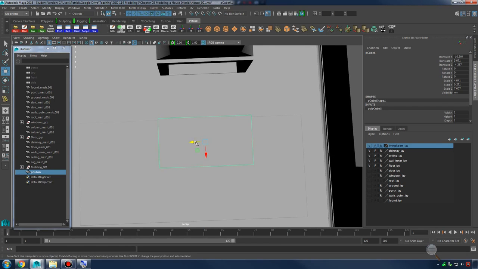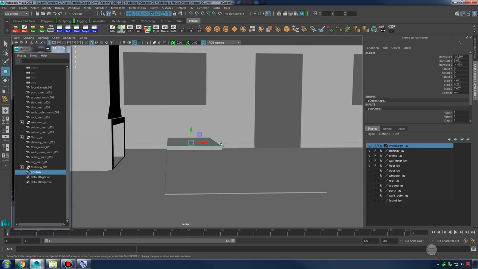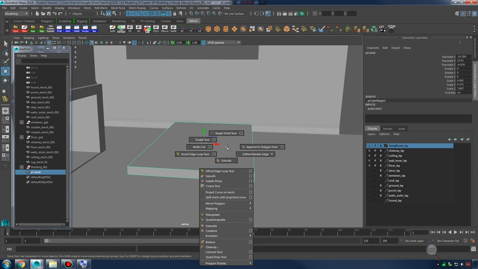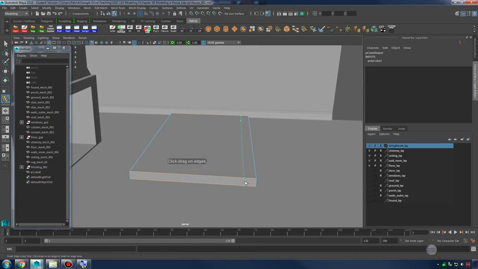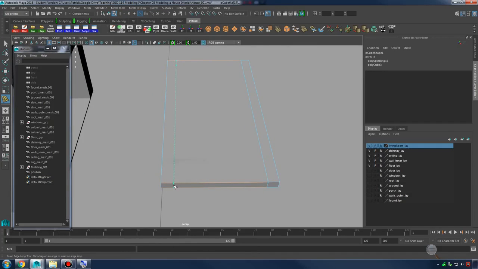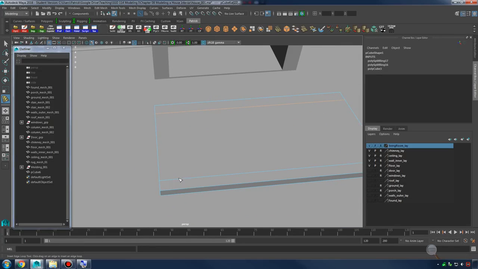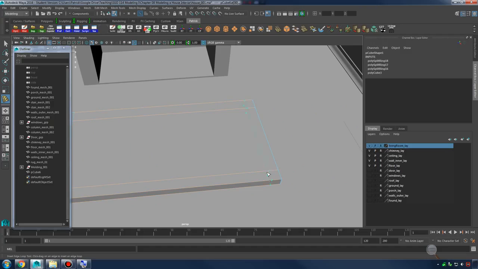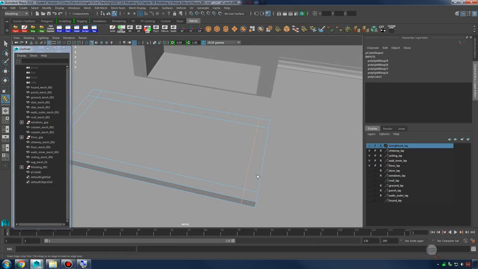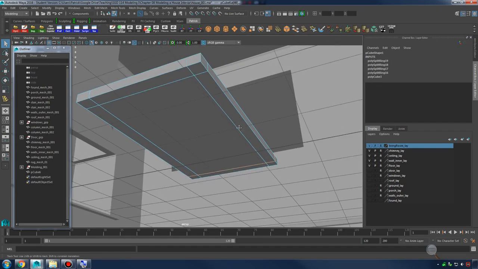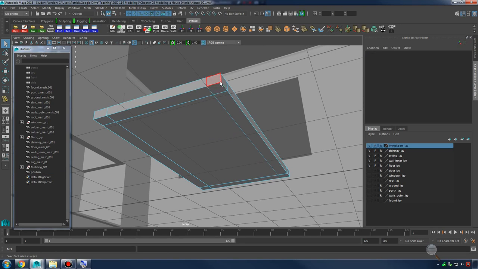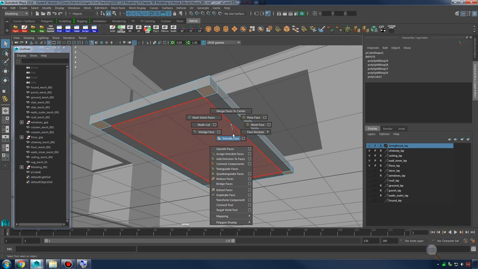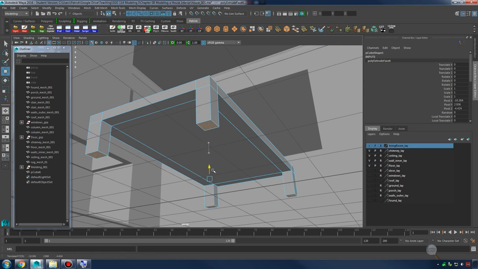You know, to get really feng shui about it, maybe I'll make it close to the same width as my chimney. There we go. Next, why don't we just make those legs? So I'm going to make the legs by inserting some edge loops here. The trick is to get it all the same so the legs are roughly the same dimension. If you want it to be exact, you could do some mirroring, but I don't care. Me eyeing it, and I trust my 3D eye pretty good, so I'm just going to extrude these legs out